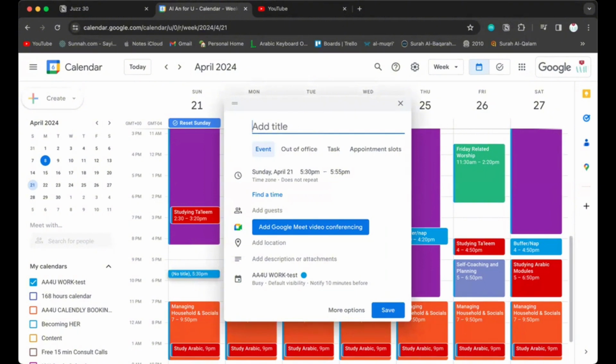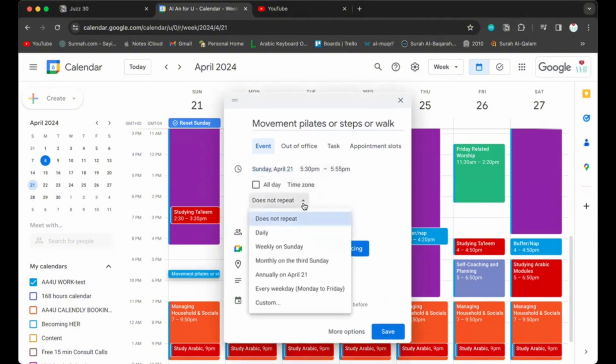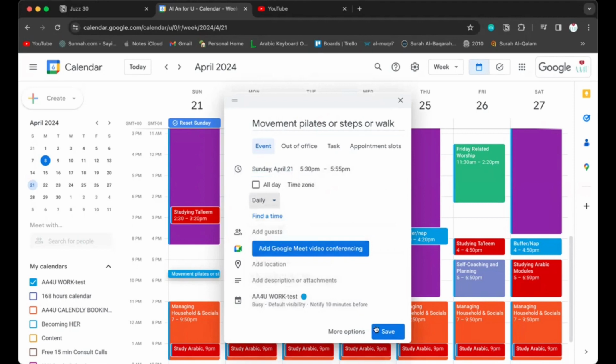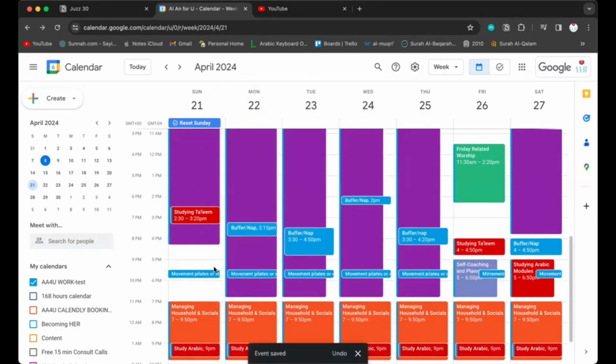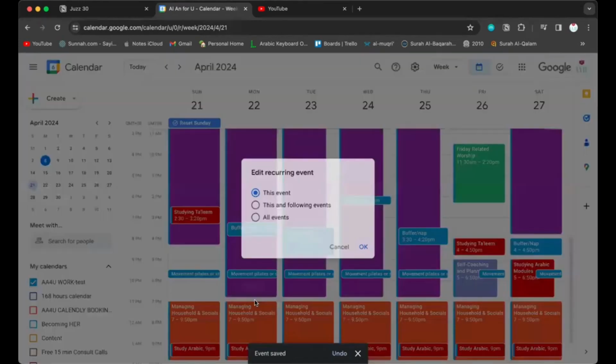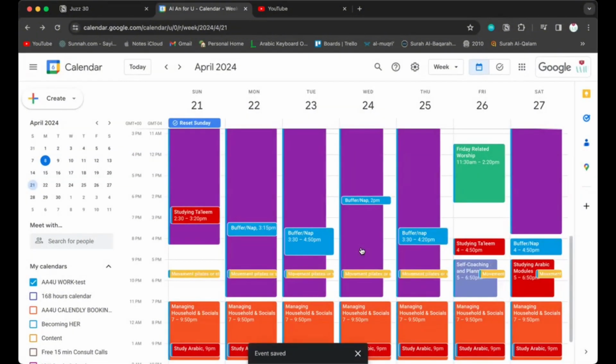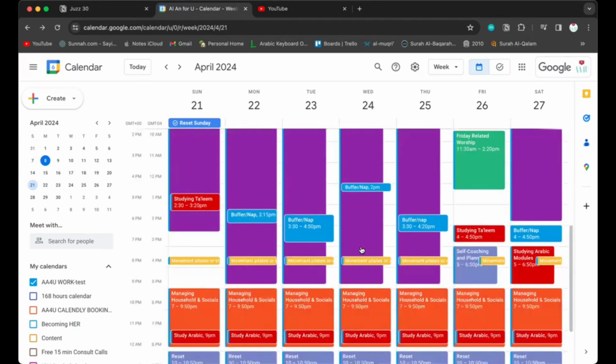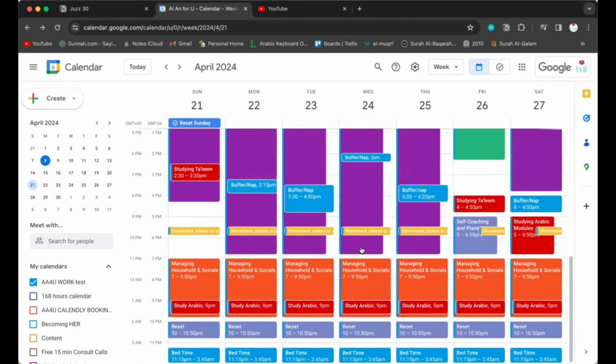So 5:30 movements, Pilates or steps or walk. Okay, so that is like 30 minutes, and I'm gonna put repeats daily, and I'm gonna put in a color. Let's put a yellow in. And that's my movement. Alhamdulillah, I have everything scheduled now.